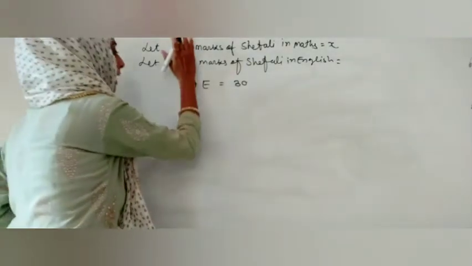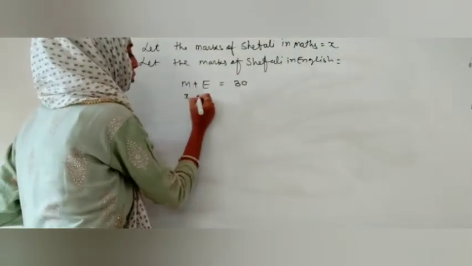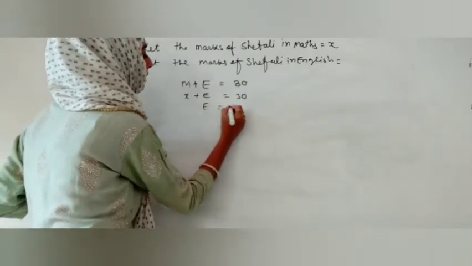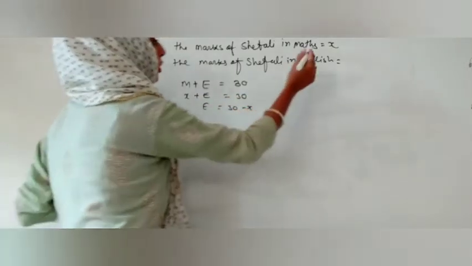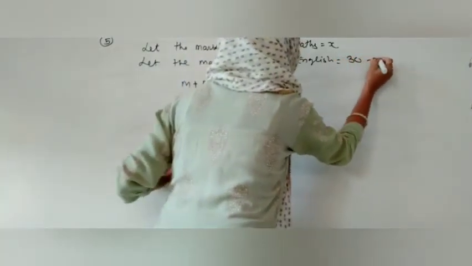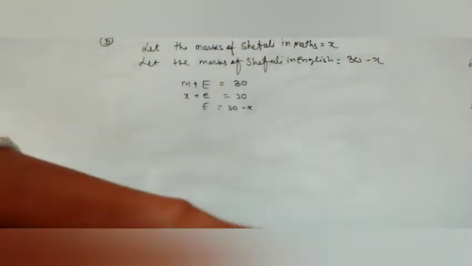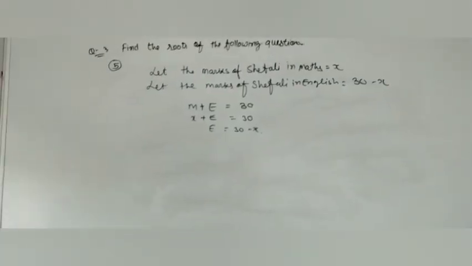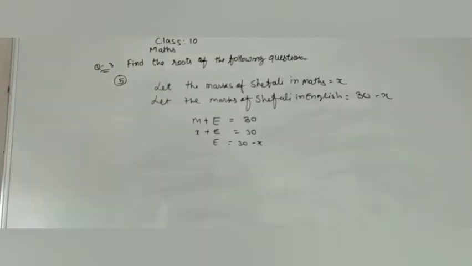So here we have guessed the marks of maths as x. So English marks we will not guess in the form of y. So the marks of English will become 30 minus x. So here we will guess it as 30 minus x. Then in the second statement, what they have given, they are telling us what we have to do. So here what they are telling us is that if she is getting this kind of marks, her total will be 210.